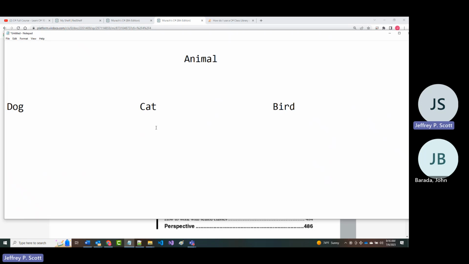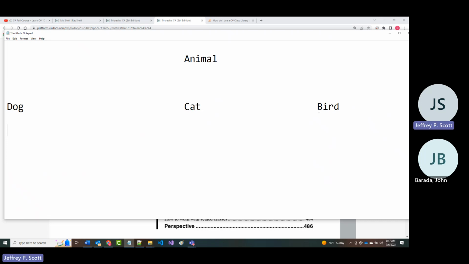And then under dog, we could have a whole bunch of classes under there. So there could be a dachshund and a Saint Bernard and a collie, etc. Under cat, we could have a whole bunch of different cats, a tabby, a calico, etc. Under bird, we could have a bunch of different types, a parrot, a mynah bird, a hummingbird, etc.